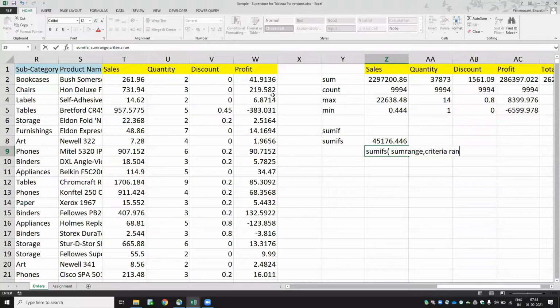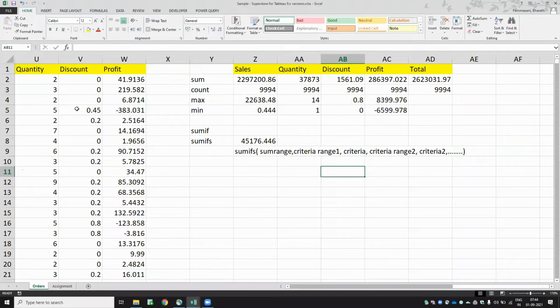Criteria range 1. In that group of cells, what is the criteria we are selecting? Next, criteria range 2, comma criteria 2, and so on. So we can give a number of criteria up to 64. Okay, so this is sumifs.